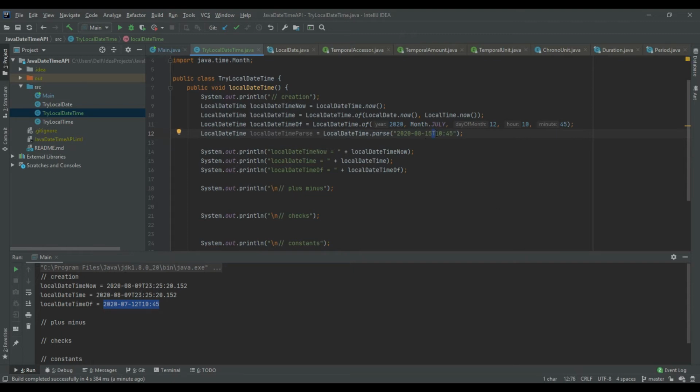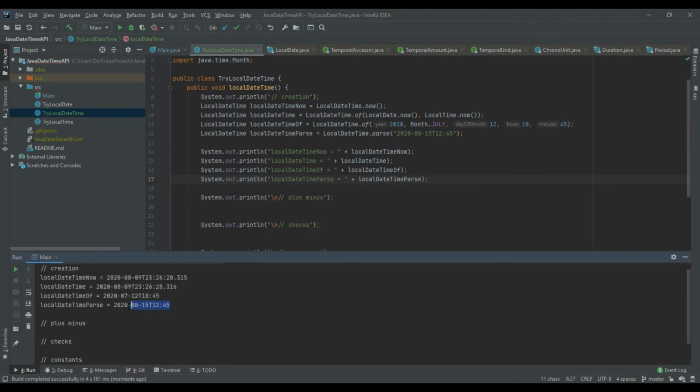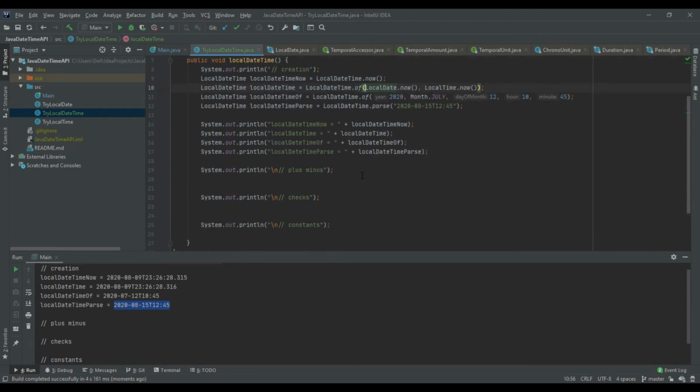Separate the date, local date, by a T and the time. So let me change this to 12. Local date time parse. Okay, now we have another local date time which we created by using the parse method. So that is all about local date time, the creation part.